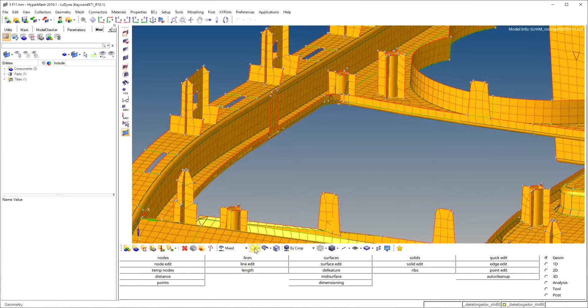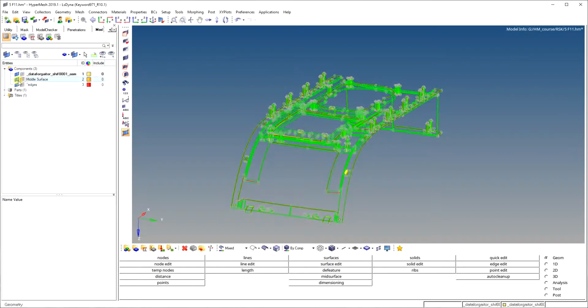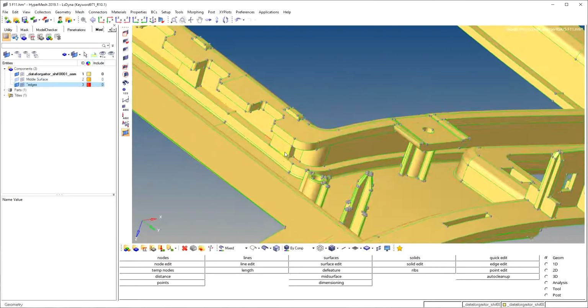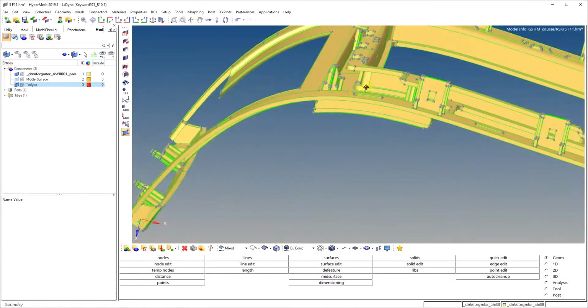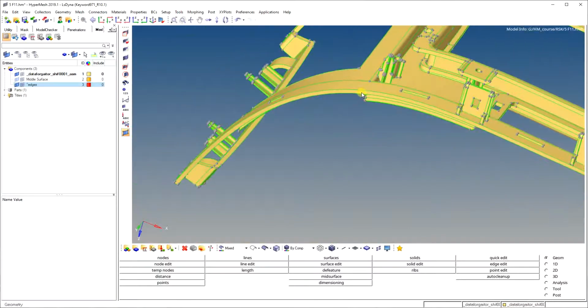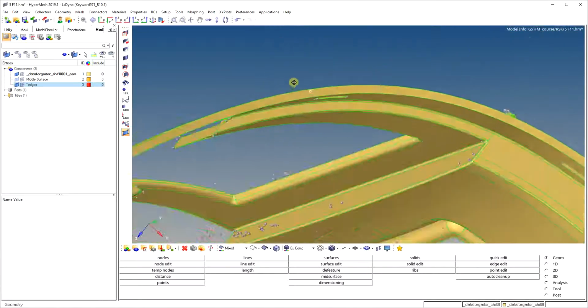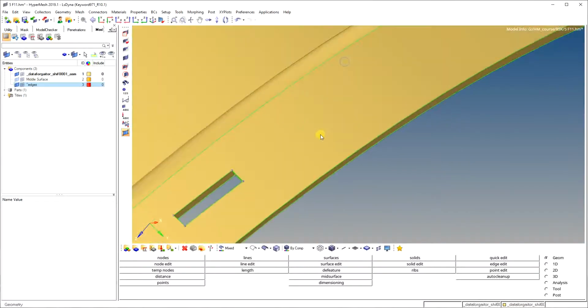Now you see here, this is the original component. At its midpoint we create one mid surface and do meshing on that mid surface. Now it's time to assign its thickness to that particular